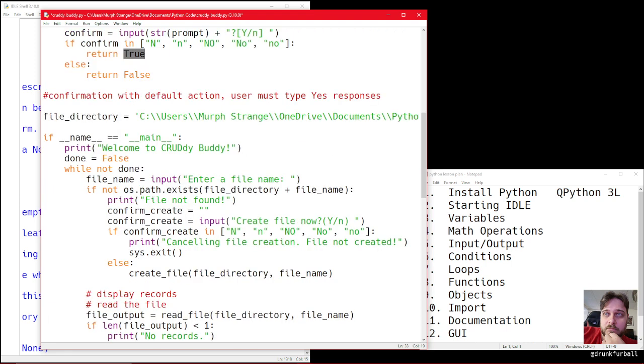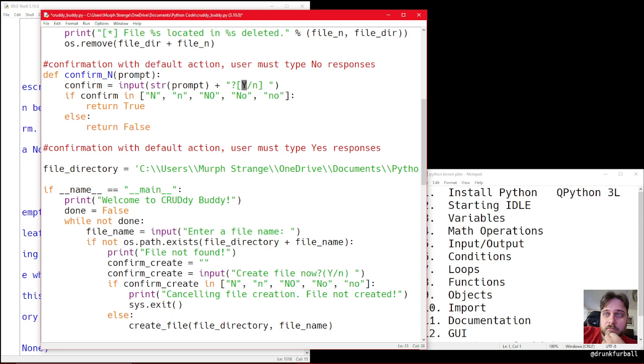Alright, because remember, the thing we're checking for is, does the confirm indicate the non-default response? Does the user input the not default response? And here, that would be true. They don't put in the non-default response. So we can take this